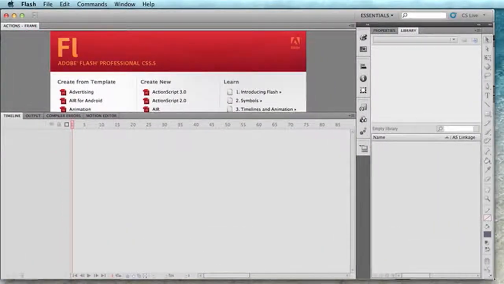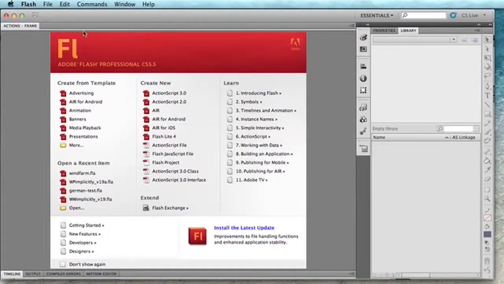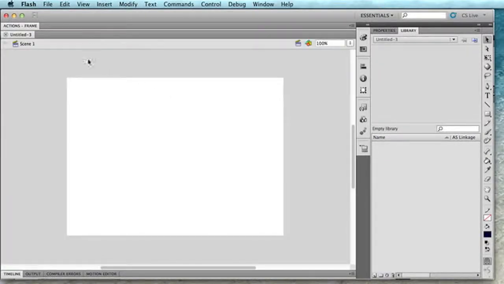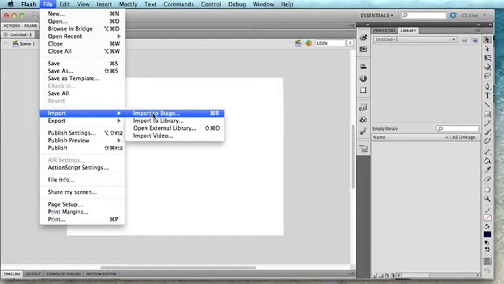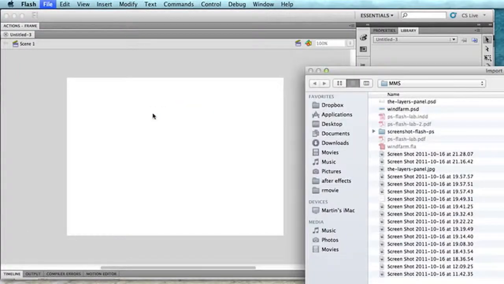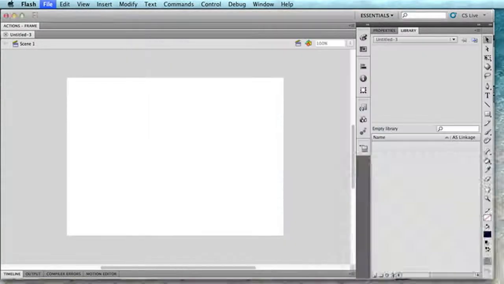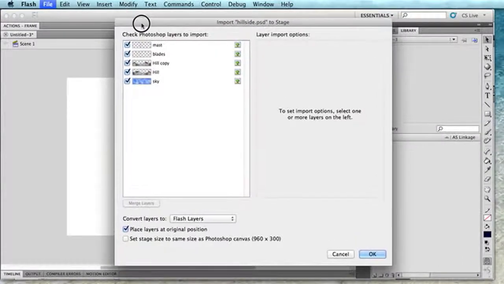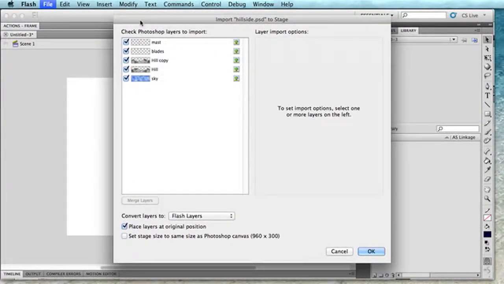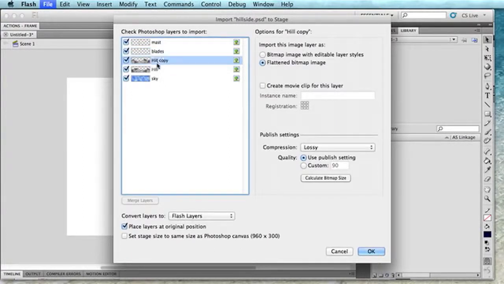Right, there we go. So here's Flash, and I'm going to do File, New. I could just pick New from the middle here, so let's do that, that's easier. ActionScript 3, and I'll then do File, Import, Import to Stage. Let's find our PSD file, there it is. Now, when you select a PSD file, the nice thing about Flash and Photoshop is they'll have a little chat